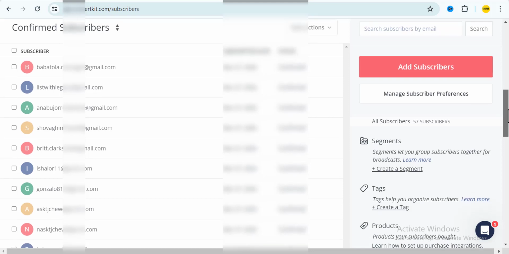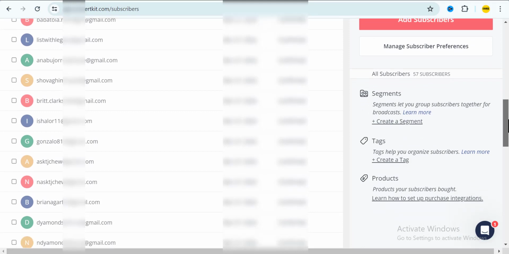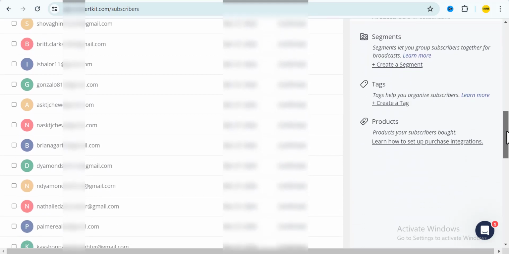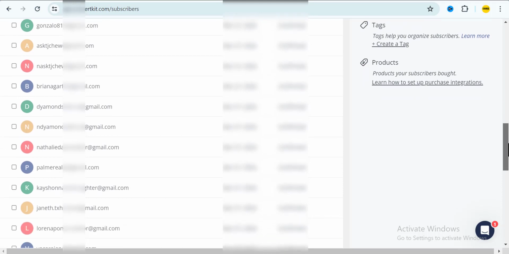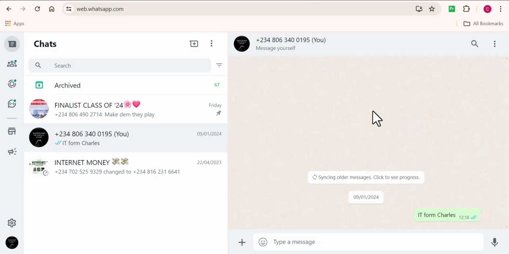There are plenty of ways to get such emails, but this is one of the many methods that I use in collecting emails. I'm going to be collecting emails from potential leads on WhatsApp. I know you have WhatsApp on your phone. Many of us make use of WhatsApp, and this is where you're going to use it to get email addresses of people who are willing to pay you money.